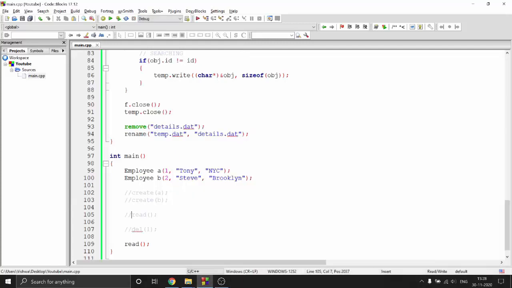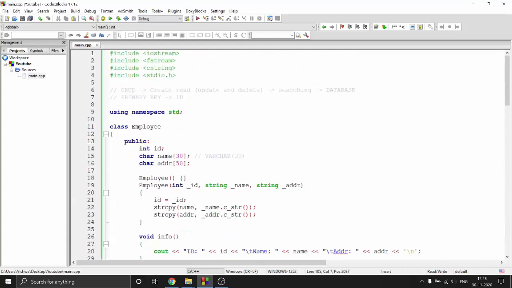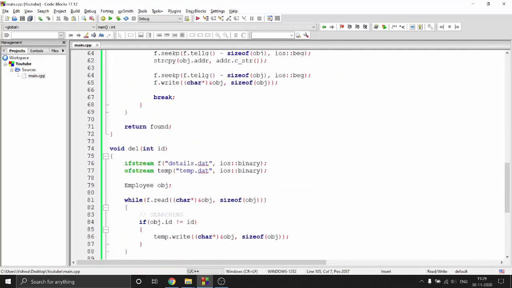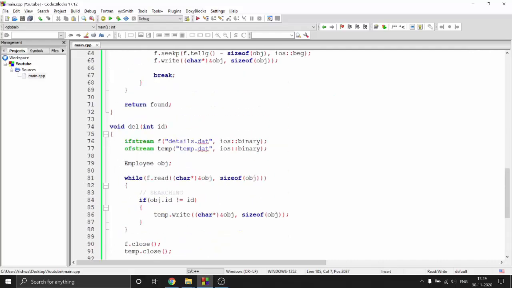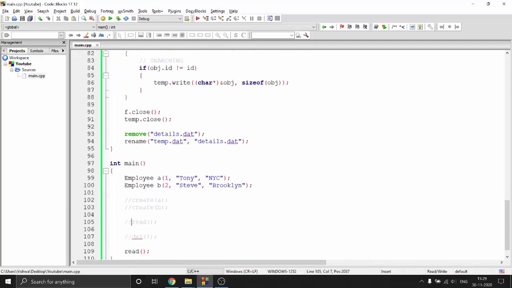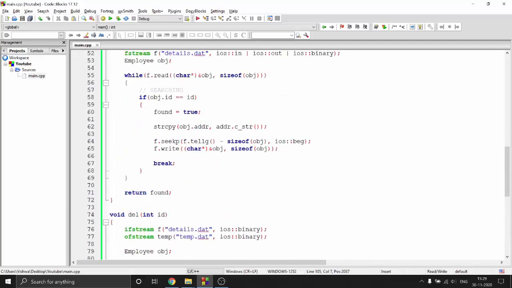So that's how you do the CRUD operations in C++. You have create, read, update, and delete. Delete is something which is kind of different. You just create a new file with all the data except the thing you want to delete. And update is you read the object, you find the object you want, and then you update it, go back a record, and then overwrite it.